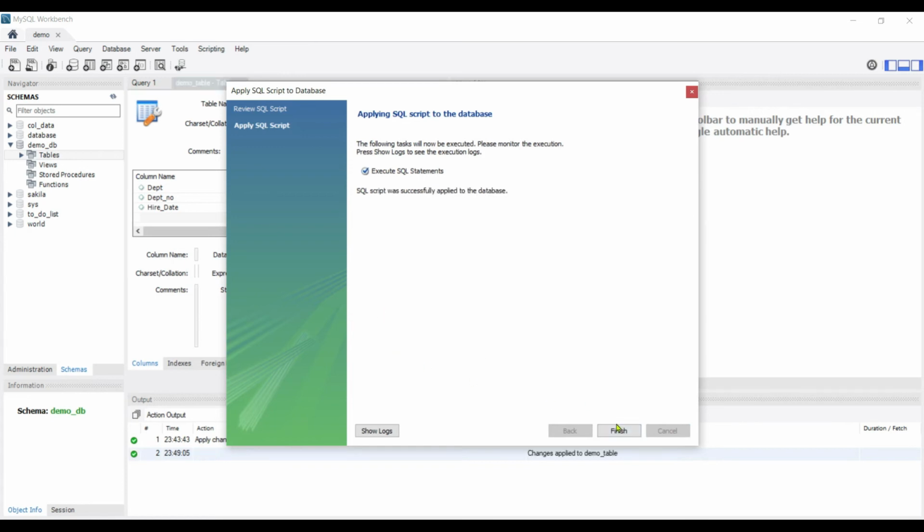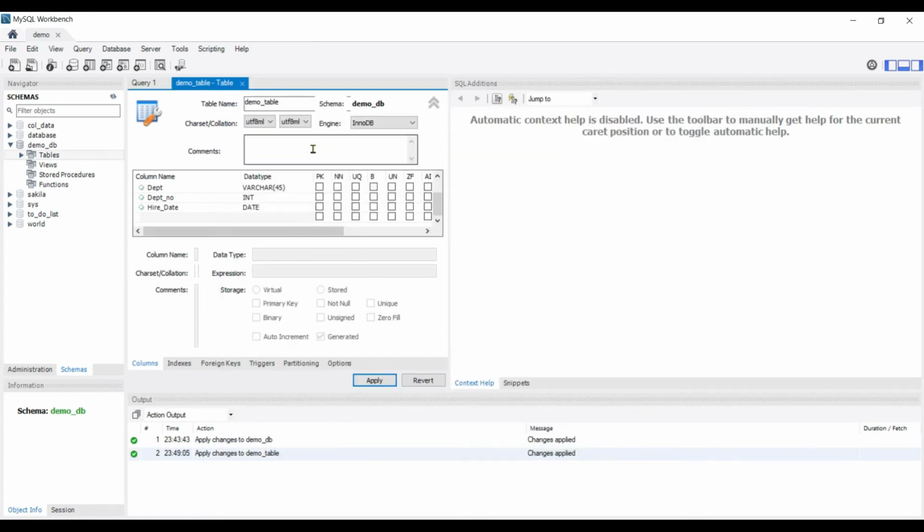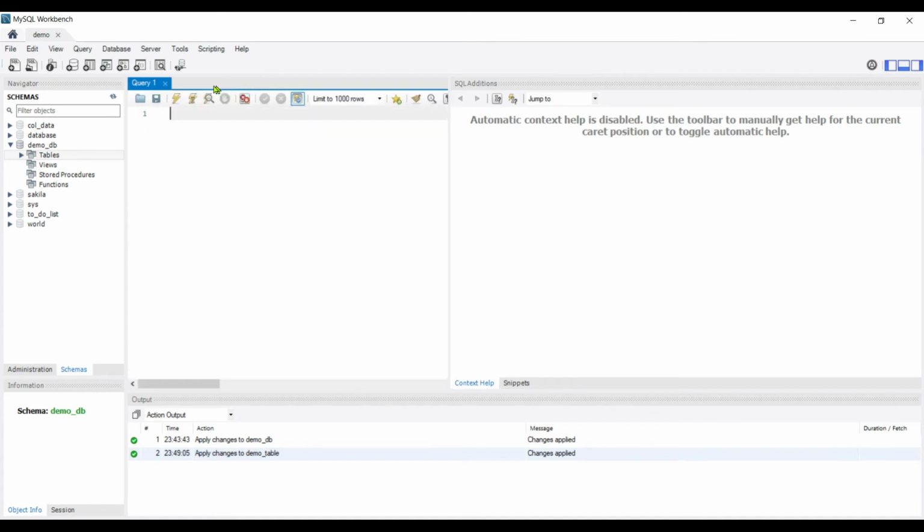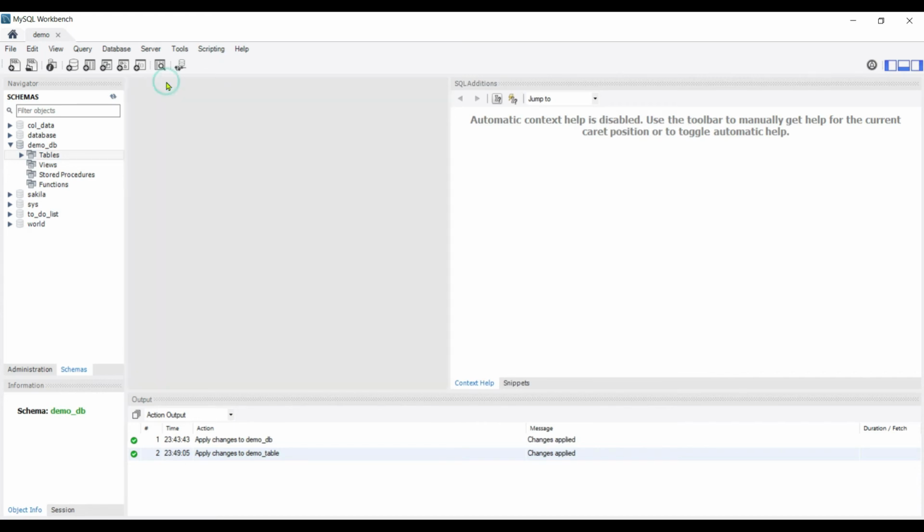Yeah, boom. Our table has been created, and to check if it has, I'll just close these. Not necessarily you need to close, but I like it to be organized. So now you can see you have an arrow or a symbol over here, which indicates that you have something inside your table. So click on it, and you can see that you have one table called demo table, which we created right now.